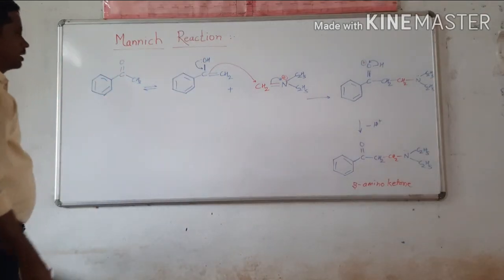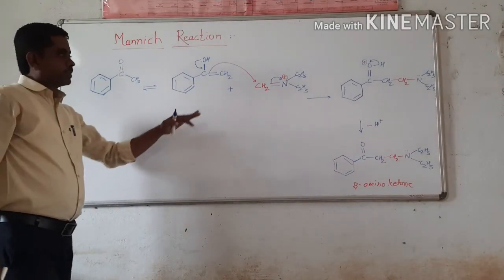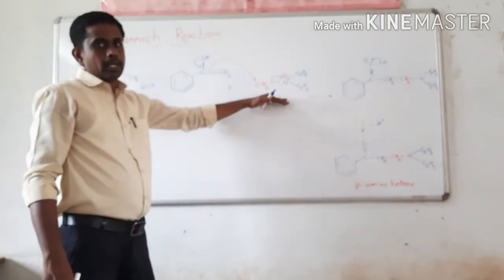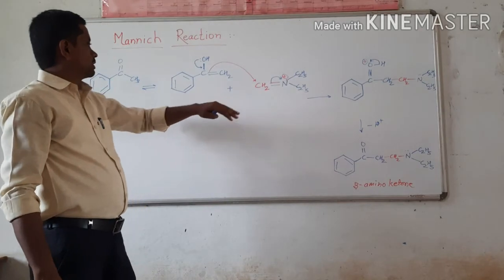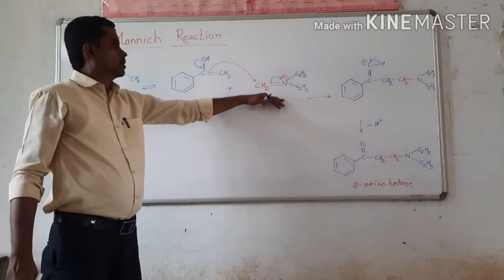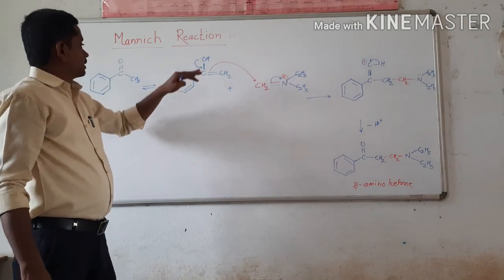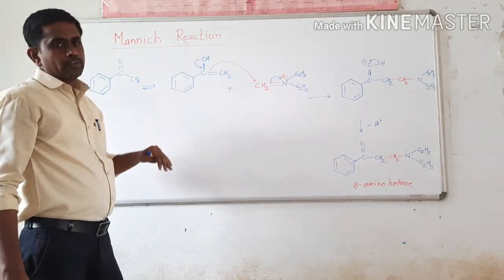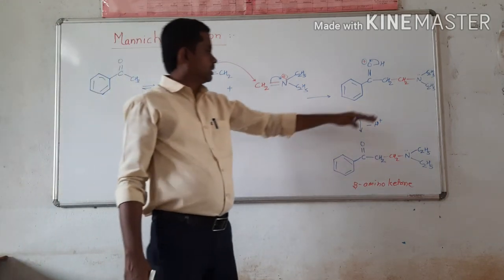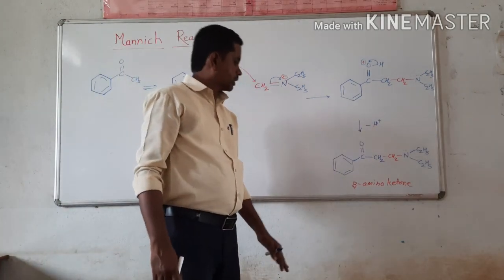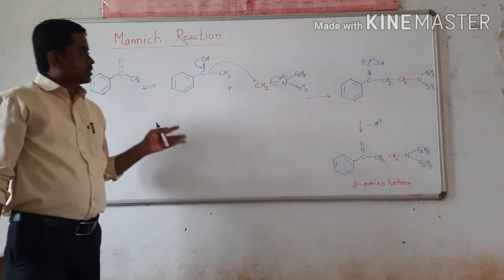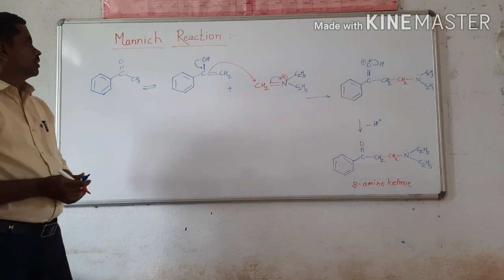In this way, in the first step, the imine complex is formed from the formaldehyde and diethylamine, that is secondary amine. On this imine complex, the enol form of acetophenone attacks to form the corresponding product, that is the beta amino ketone. This is the general mechanism for the